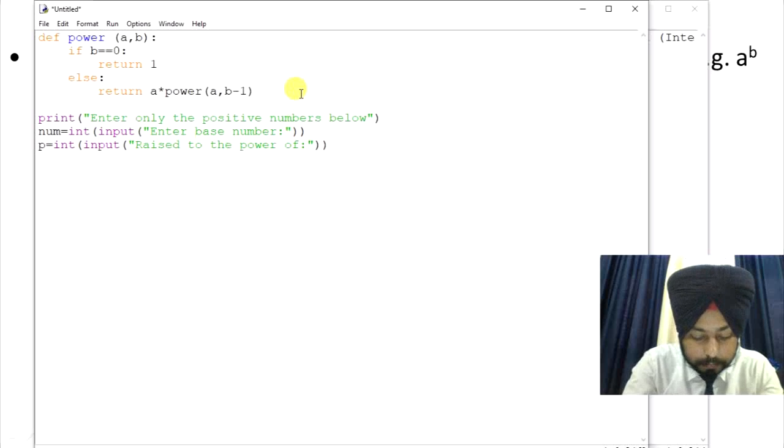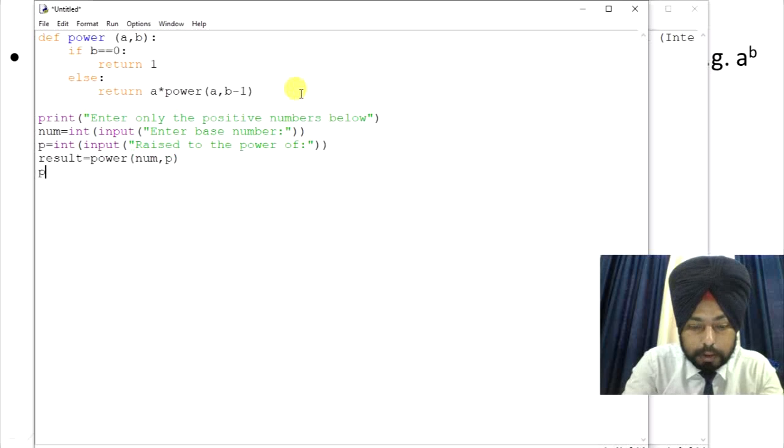Then we'll use result equals power, then num, p.